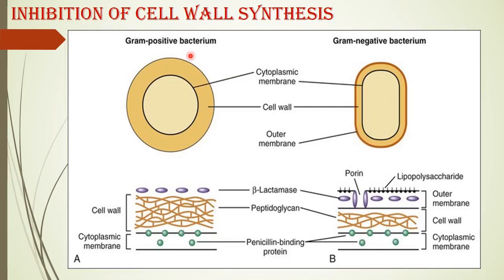I mean, if I divide the bacteria into gram positive and gram negative, what will happen? The bacteria will, of course, have the cytoplasmic membrane. It is nothing but the cell membrane, same as that of the human. It will have an outermost cell wall in the case of gram positive bacteria. If it is a gram negative bacteria, it will have the cell membrane, the cell wall, and it is covered by an outer membrane. ये सब क्या होता है? ह्यूमन सेल में नहीं होता है. Now the point is, why do bacteria have a cell wall?